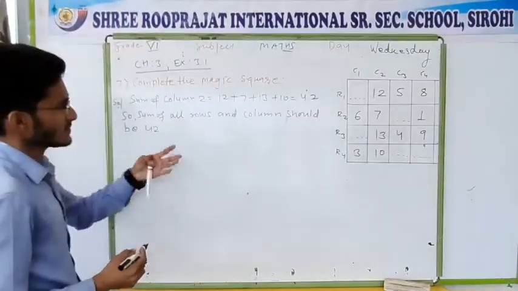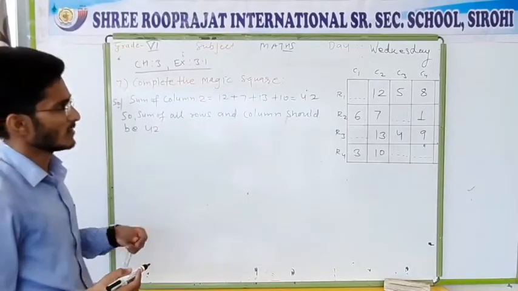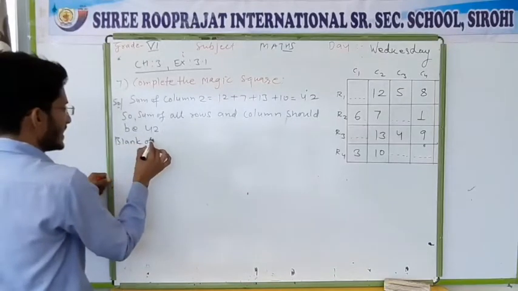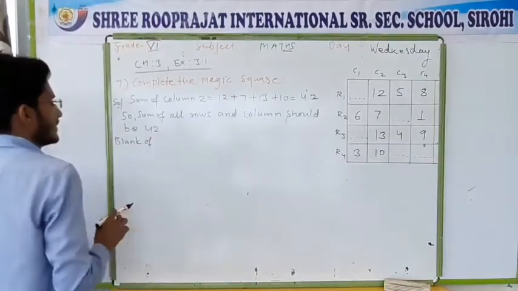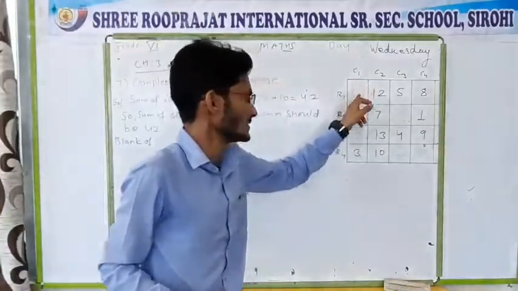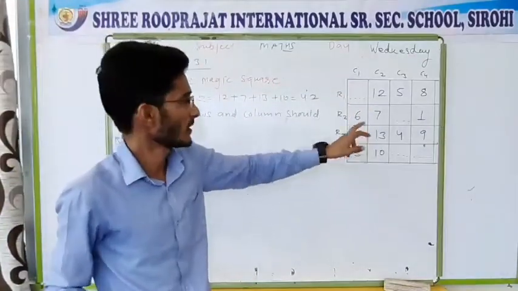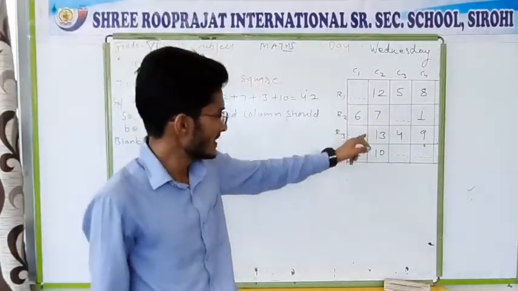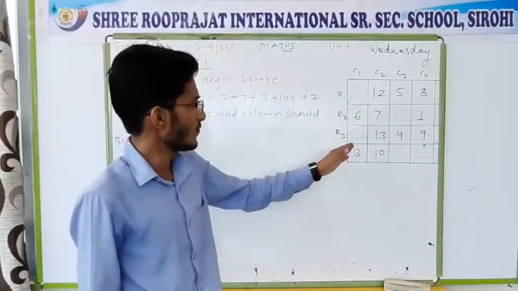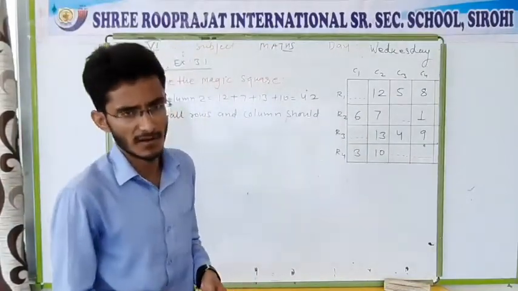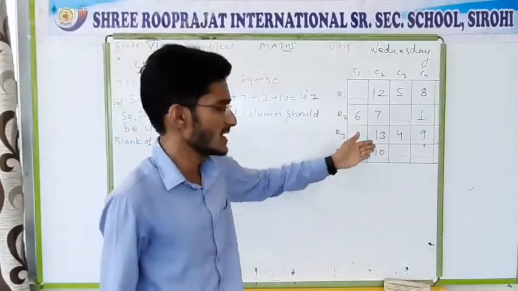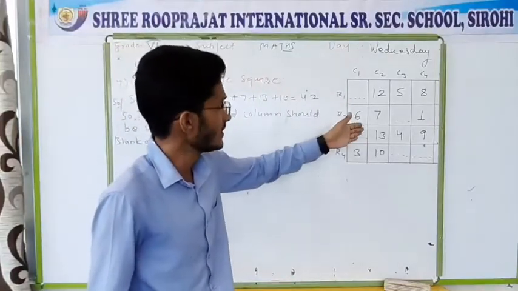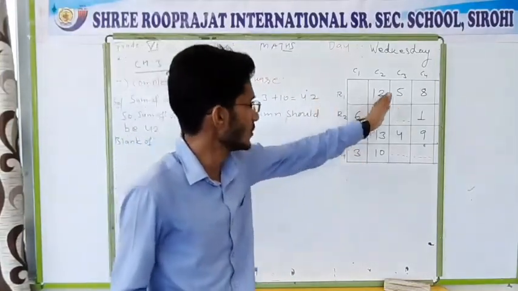Now the first one, we will find the missing numbers of the blanks. If we talk about column number 1, you can see that there are 2 numbers missing. If 2 numbers are missing, you cannot find them out. First of all you have to find the first number and then you can find the other number. Because in that case there are 2 possibilities, but we don't know what is the correct answer. So first of all you have to find another number using a row.